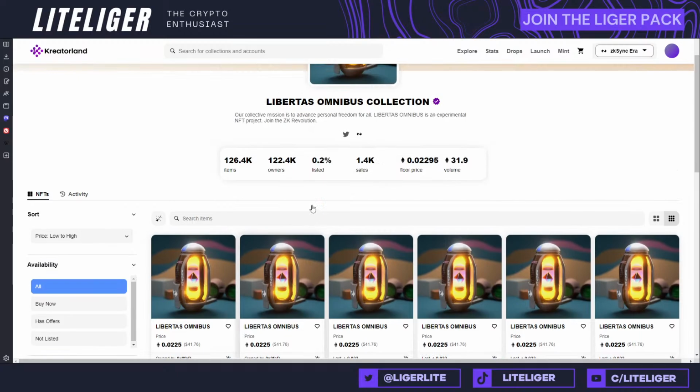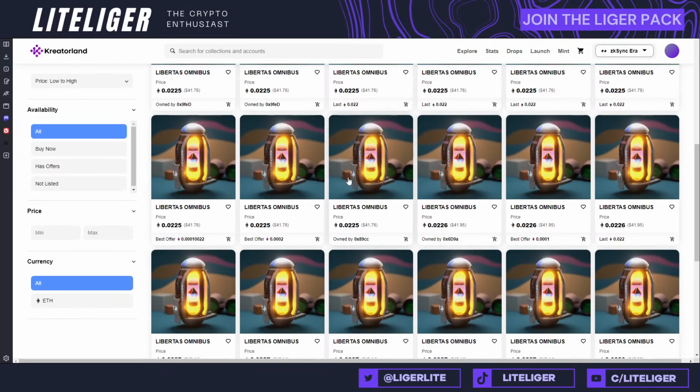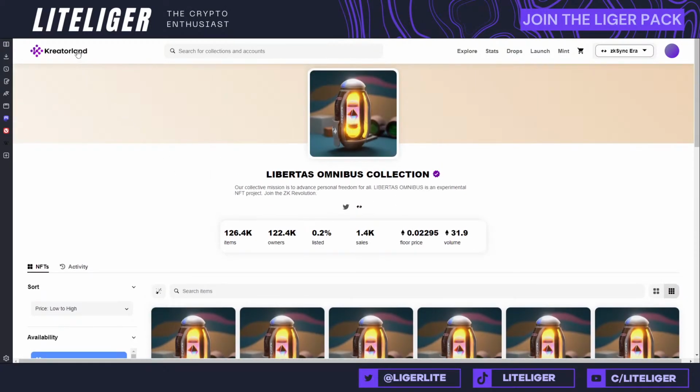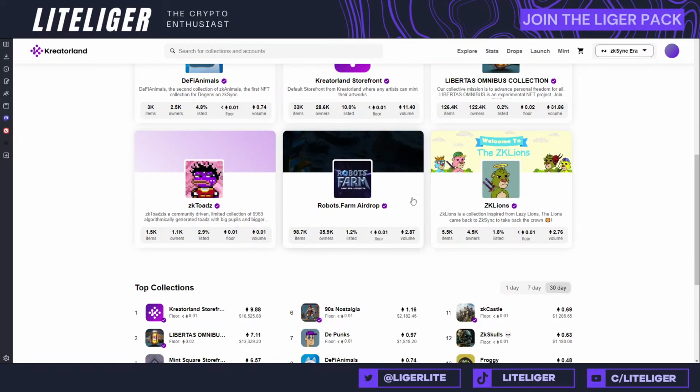Oh yeah, I don't remember what this Libertas Omnibus thing was, but there might be some criteria that if you hold X NFT, you might get a bonus on the airdrop. That might be a thing. This is why these are actually valued at 0.02 Ethereum. So there are NFTs sometimes which are going to be criteria. There are POAPs and things like that you can get from Galxe as well.